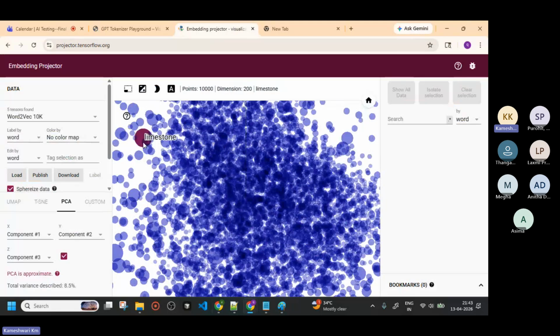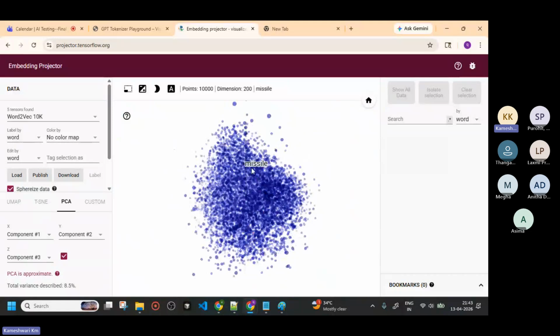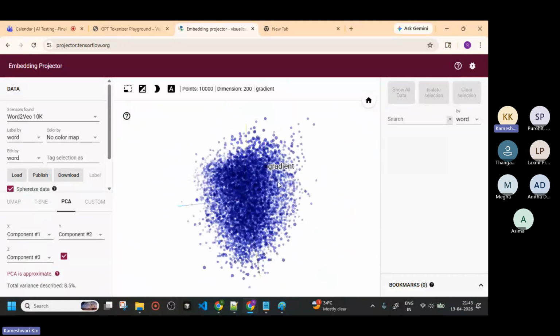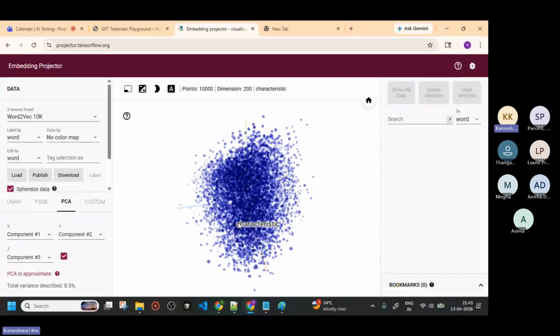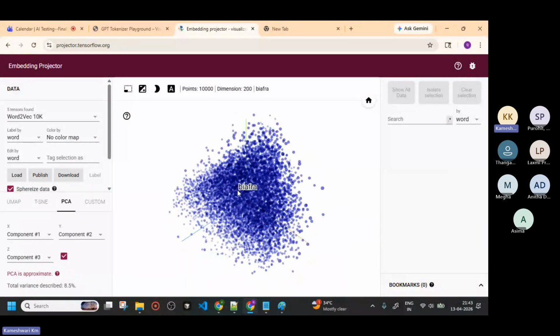So you can see limestone is something, and Honda is not related. It is very different, very distant. In such a way every data point has been designed. When we convert our tokens to embeddings, they are stored in such a way as vector representation. For understanding purposes it has been designed this way; in reality we are not going to see it like this. You can see X, Y, Z, three coordinates, which is completely three-dimensional.